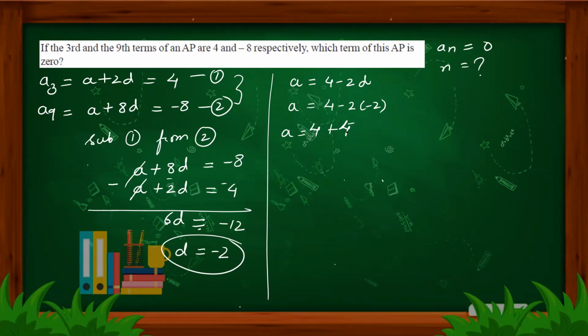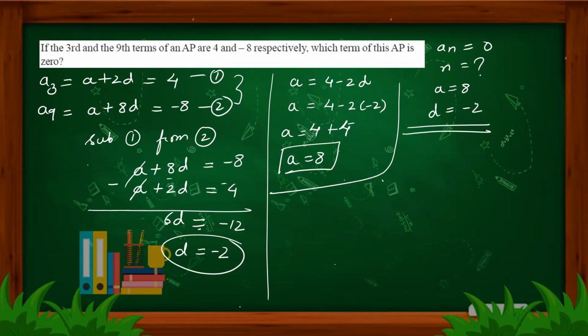Again, if we see, right? So A we have got. So now therefore, let's see. A is equal to 8. D is equal to minus 2. Let's put in the general form. An is equal to A plus n minus 1 into D. An is 0. A is 8. N minus 1 into minus 2